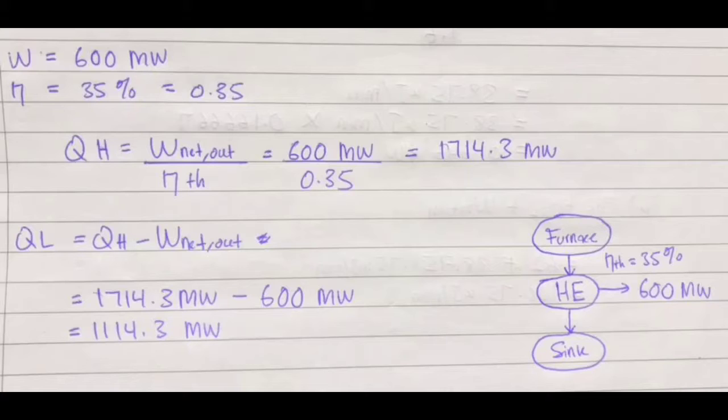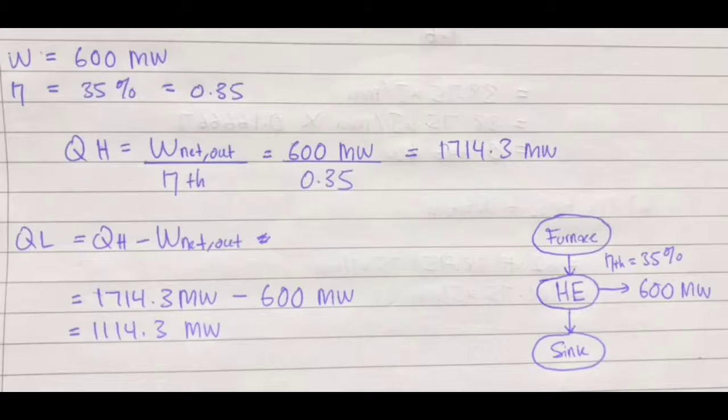So the given is 600 megawatt and efficiency 0.35%. With the given value, we can use the formula QH equal W net out over thermal efficiency. Then we put the value in the formula, 600 over 0.35, and we get the answer, 1714.3